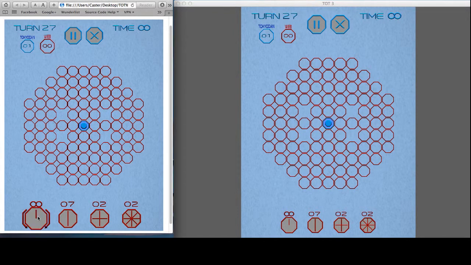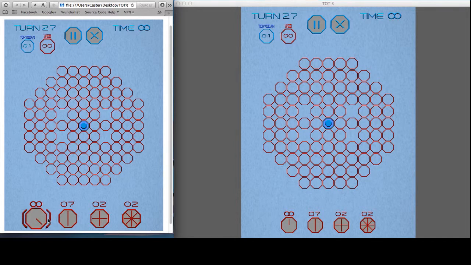So I'm going to click or tap the 1 piece. I'm going to find a nice safe place to place him. I'm going to place him right here by clicking or tapping 1 time. And I can move him around by clicking or tapping 1 time. If I want to change the rotation, let's say I want to attack this guy up here and move him closer to the black hole so I can force him off the board or into this black hole the next turn, what I will do is click off the board to deselect him,